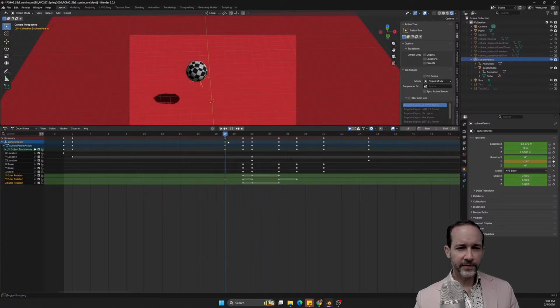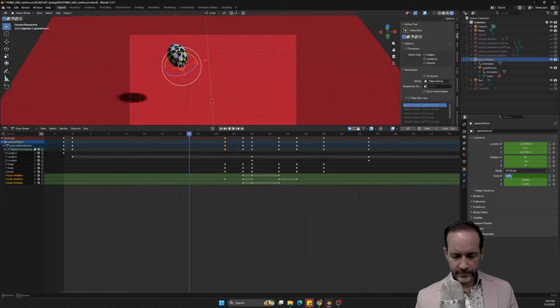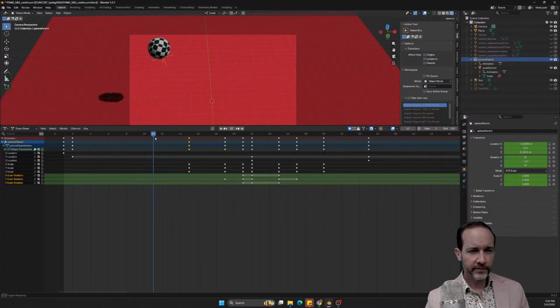So which means here we could now perhaps stretch a little bit in that direction and bring these down. There we go. But start undeformed. 1, 1, 1. There we go. Set that keyframe.